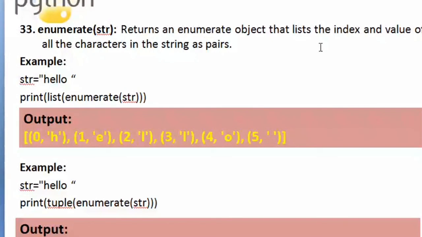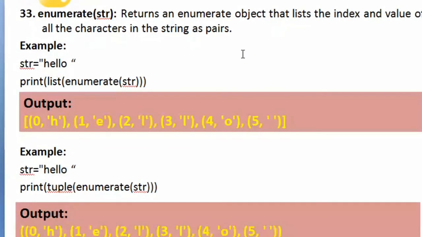Here, you should not forget to give a list, because otherwise it will just give an object which will be very difficult for you to understand. So you have to typecast it. You have to typecast this enumerate object to a list, or to a tuple, or to a dictionary. You can take any of these formats to typecast the enumerate object. If you are not typecasting it, it gives an enumerate object and you won't be able to understand anything. This typecast is very, very important here.